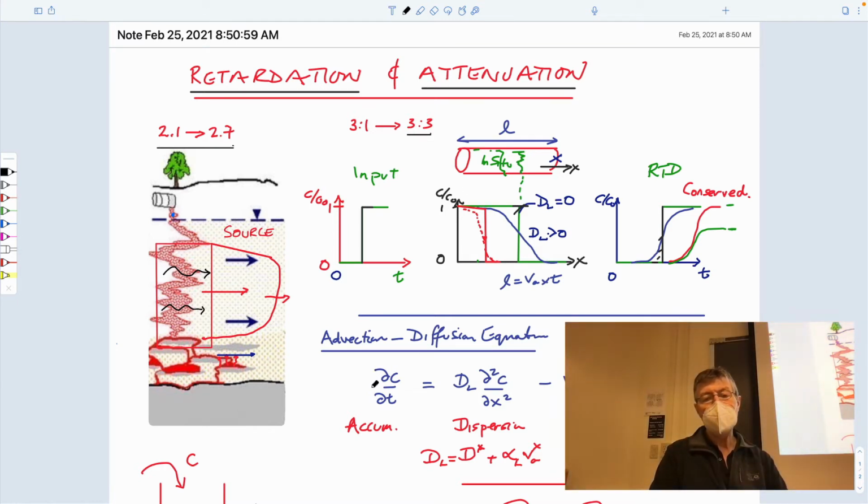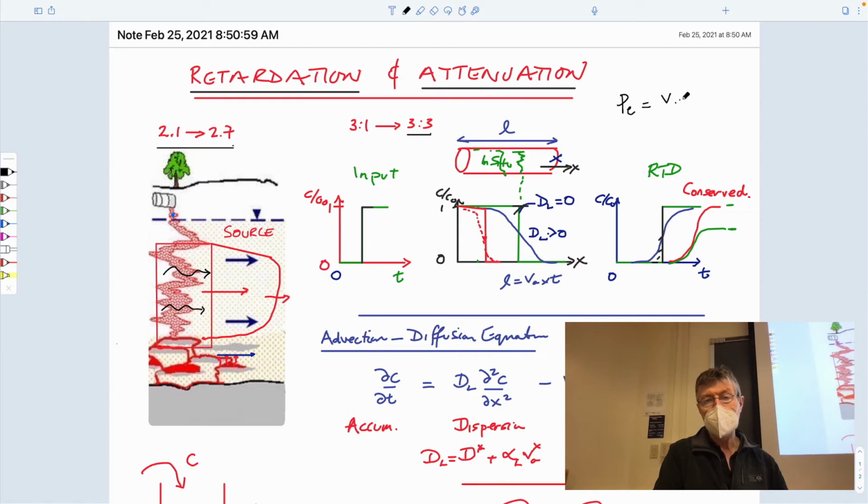And what we decided was that if you have a pulse that is suddenly turned on at some concentration, it will move down gradient. It will move down gradient a length which is equal to the advective velocity multiplied by time. And it will give a sharp front if the Peclet number is very big. And if the Peclet number is smaller, it will give a diffuse front. The Peclet number is defined as